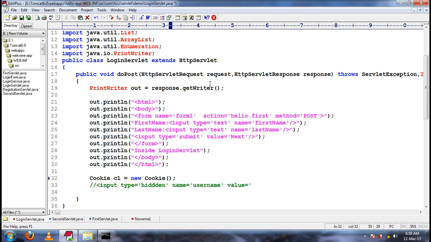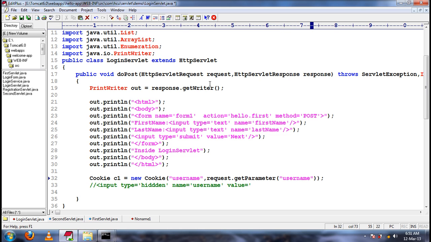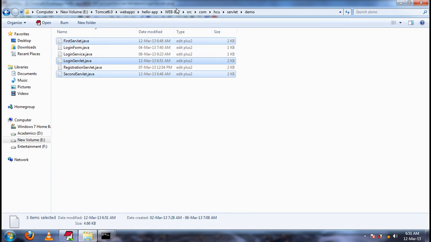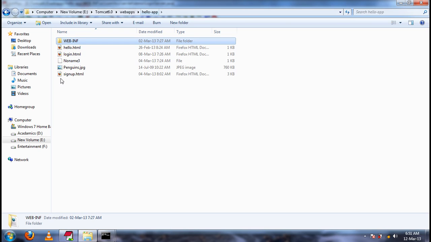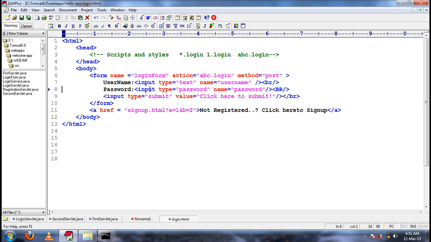Both the key as well as the value should be a string. Now we have only one username and one password.